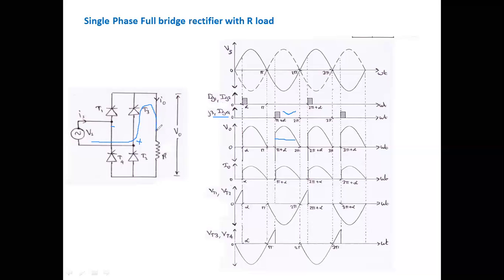It follows this path, then through T4 and like this. Okay, see carefully. So this is the flow of current when T3 and T4 are turned on. Also we have seen that this terminal, the plus terminal, turns on T3, therefore this terminal is connected to positive, and also because of T4 this terminal is connected to negative.